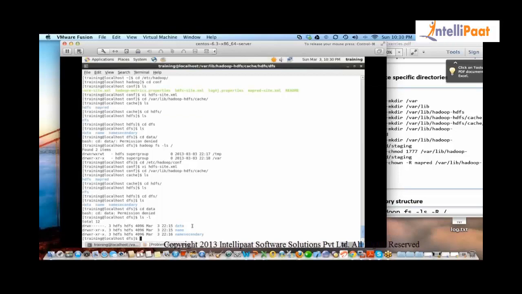Instead of this long path, I want to have a small path. Actually, the most important thing is that you can have any path that you want, which can be accessible from the command line. Okay. So we just configure the XML file, and if you want to install or create these HDFS directories on a separate mount point, we can do that, right?